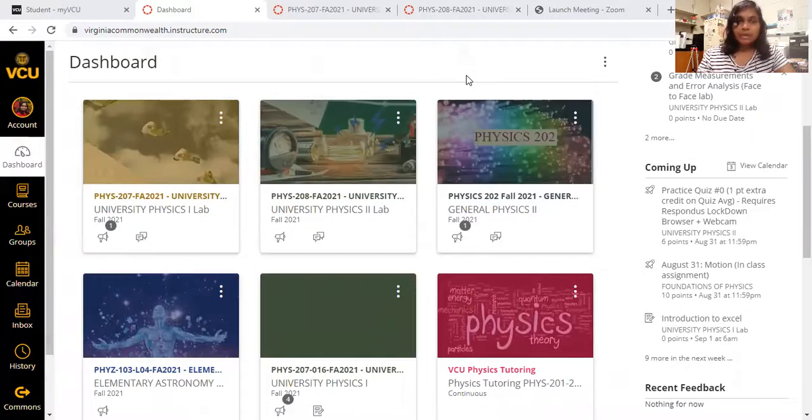All right, so when you go to the Canvas dashboard, you should be able to see all the courses that you enrolled in this semester. For 207 and 208, the lab Canvas courses look like this. So this is for Physics 207 and this is for 208. Remember, your lecture class is a little separate from us. Their professors have their own Canvas course for the major class. This is a completely separate Canvas course that we are using to conduct the lab classes.